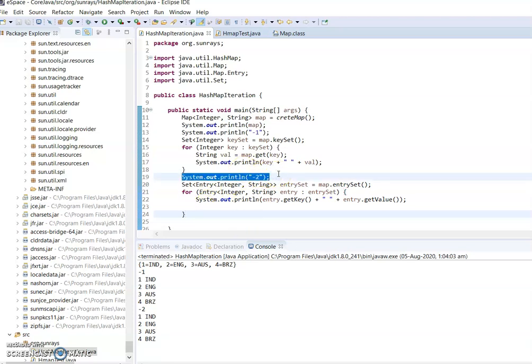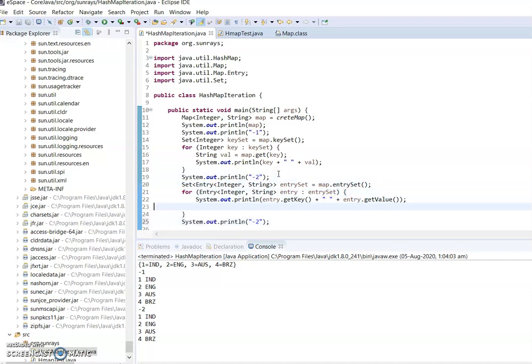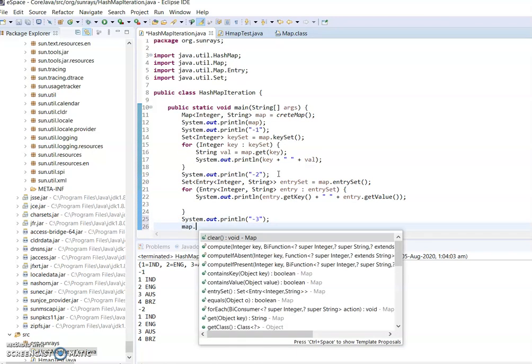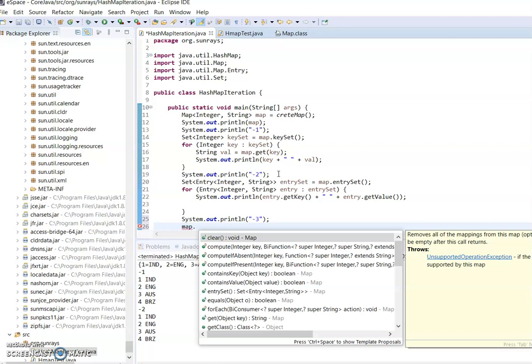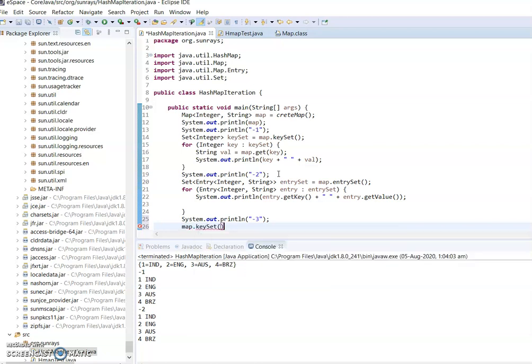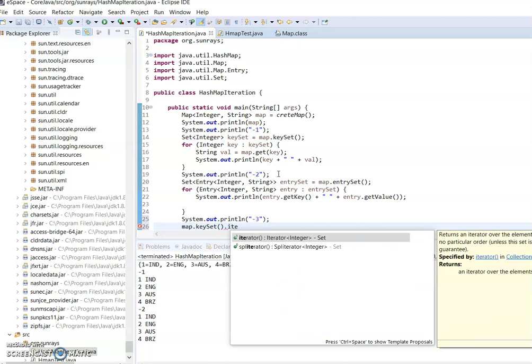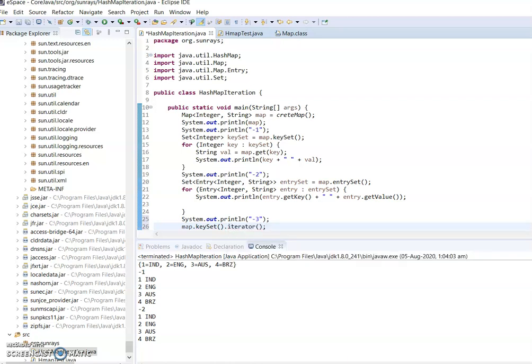The third way is using an iterator on the map. From the map I can get the keySet or entrySet, and from there I can iterate the data using the iterator.